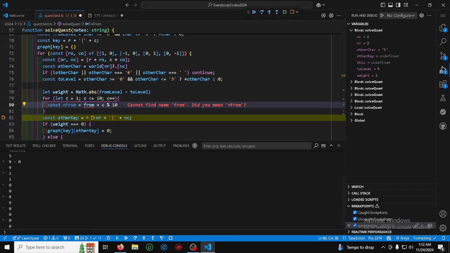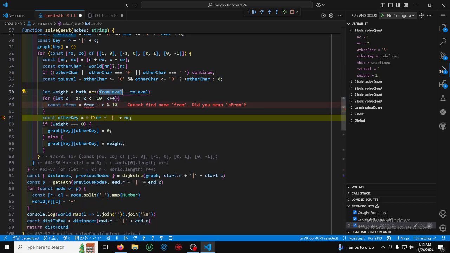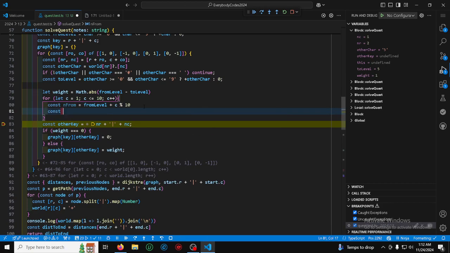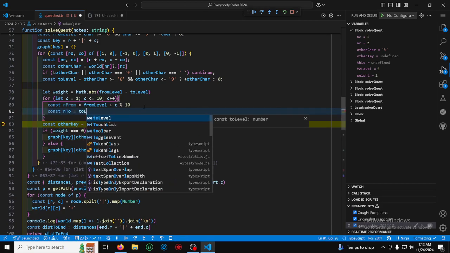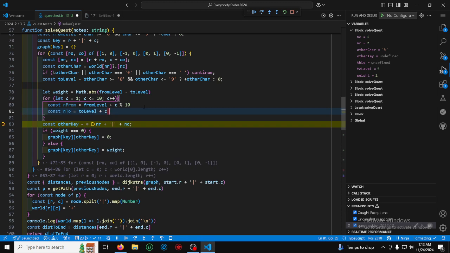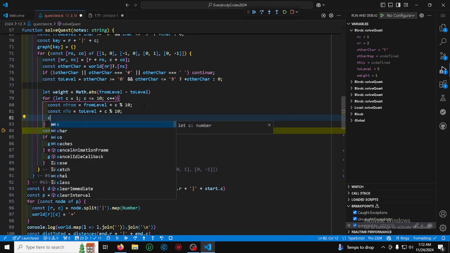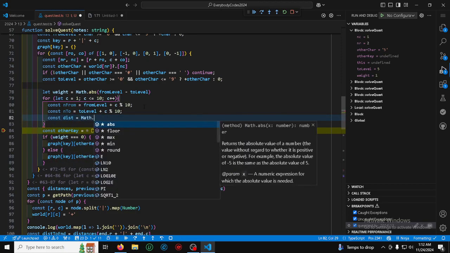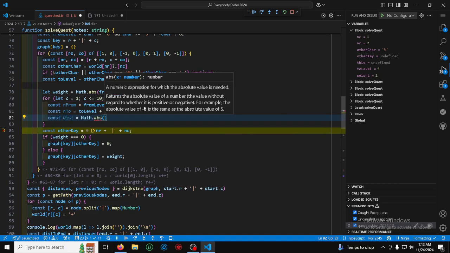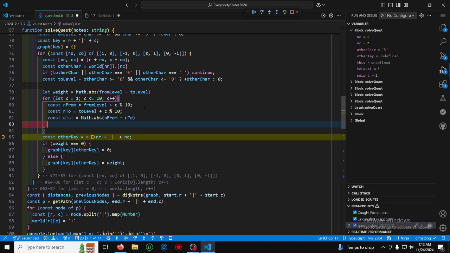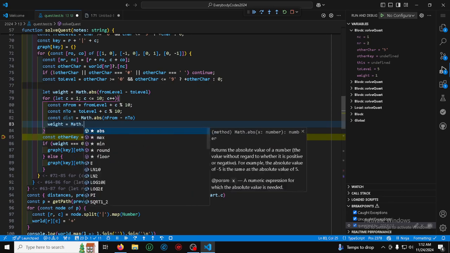Alright, so let me see. 9 modulo 10. 10 modulo 10 will put me at 0. Good. From level const n2 equals 2 level plus c modulo 10. And then const dist equals math abs, keep subtracting them. Now if this is less than math.min,